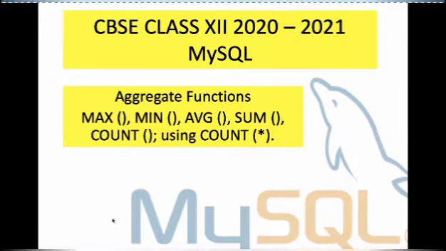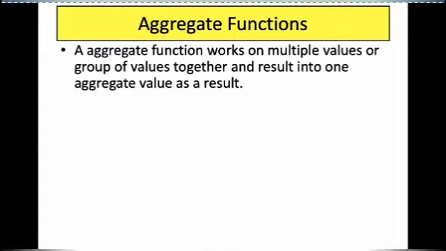So as we have done the single row functions, and single row functions operated on each and every value of the column separately and gave one value corresponding to each value on which it executed. If a column had 10 values, the single row function gave you 10 values, but that is not the case with aggregate functions. Let us see how it works.